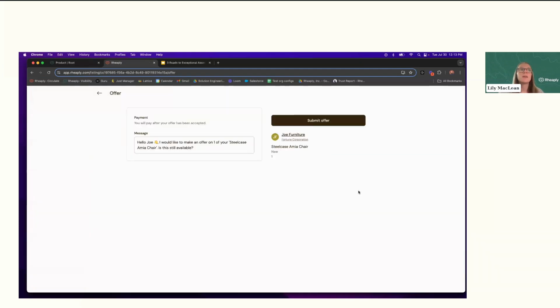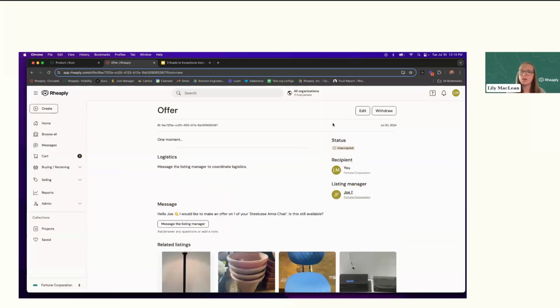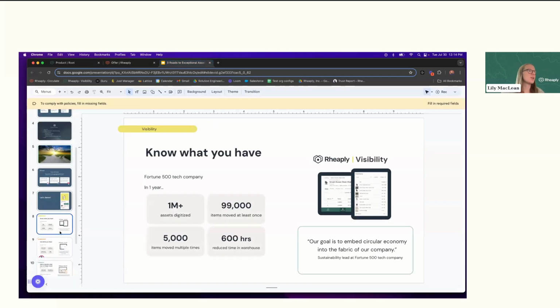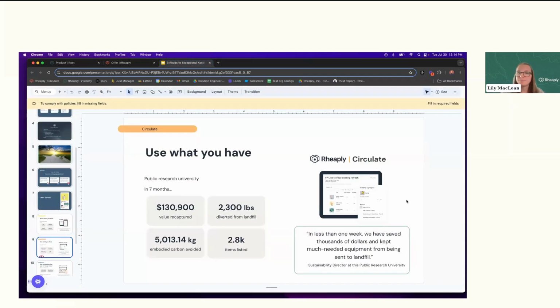So ultimately, this idea of exchange, we're actually building a marketplace, we're building an exchange platform that allows resources to move from one user or one department or one team to another user, another department, another team. I come in here, I make that offer. The system is going to manage our notifications, it's going to manage our messaging, and it's going to create a digital receipt of this transaction. So how has this benefited some of our customers? I'll let Zolo talk a little bit about that.